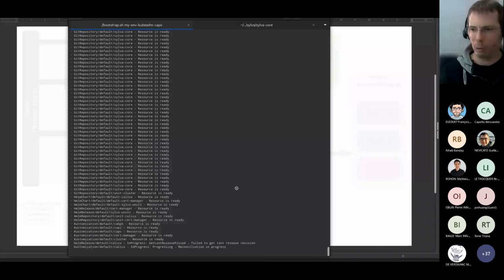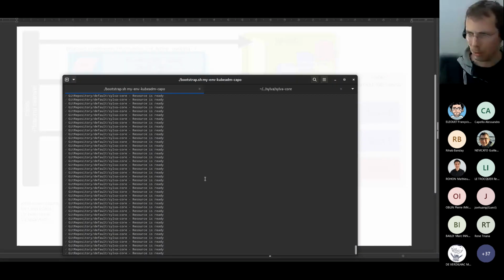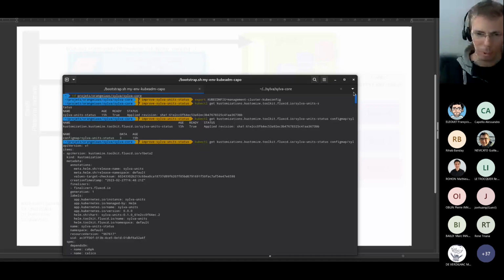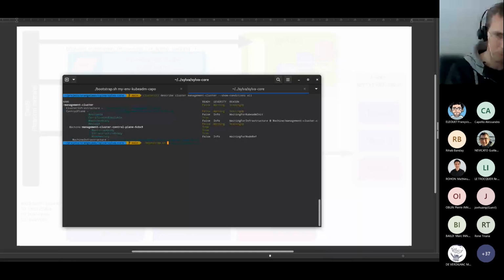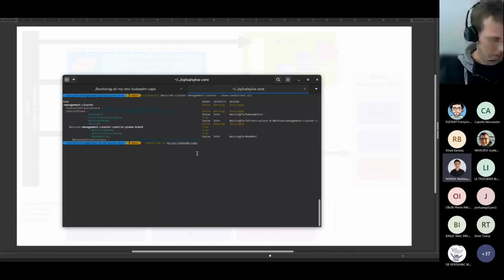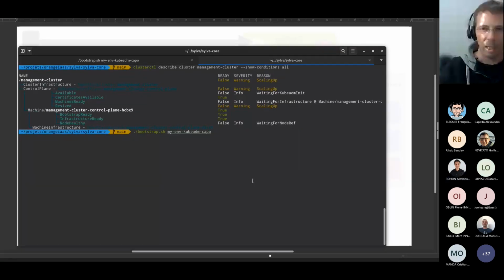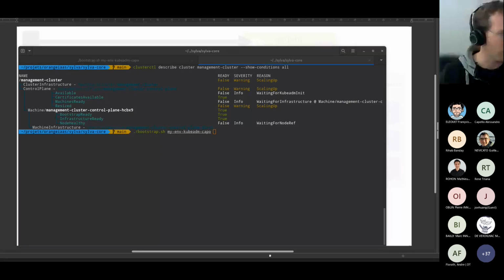When I started the bootstrap.sh, I just gave it the name of the directory containing my parameters. In my case, it's called the kubeADM Capo because it's a deployment with the kubeADM bootstrap provider with the Capo infrastructure provider, which is the name of the Cluster API backend for OpenStack. So in this directory,